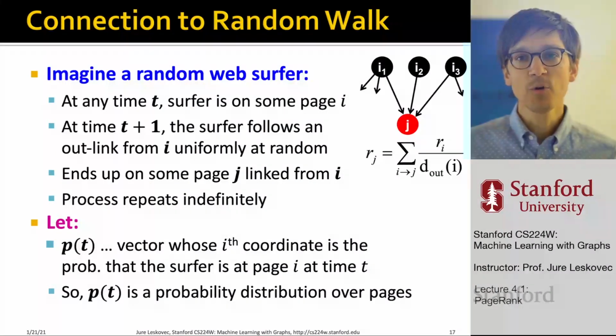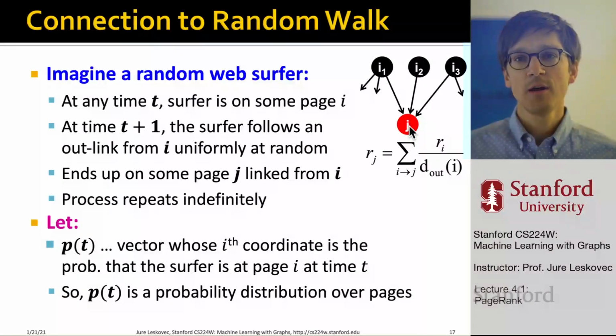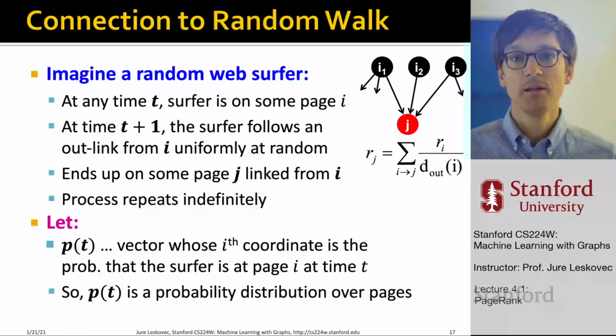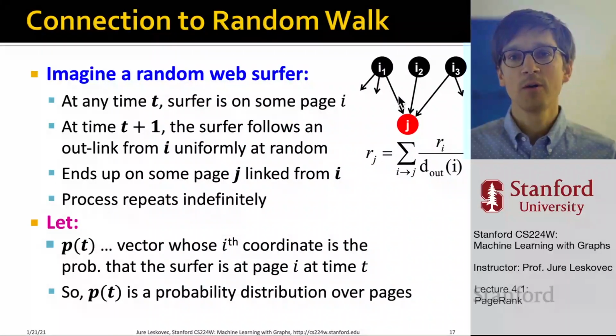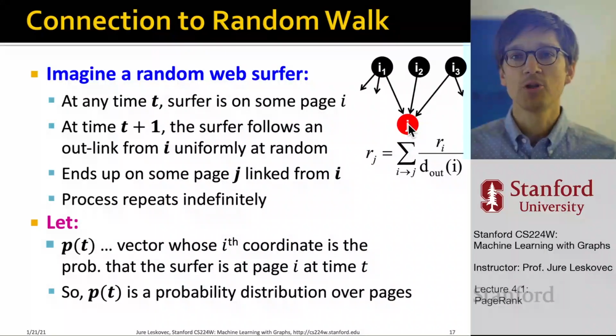So now let's work it out and ask, how can I think about this page J? The way we formulated it in our PageRank algorithm is to say that there are these pages I, each page I has importance, and then 1 over the out degree of this page I gets sent to the page J. And this is the key to making the correspondence between the random walk and these flow-based equations that I talked about. So let me tell you how to think about this.